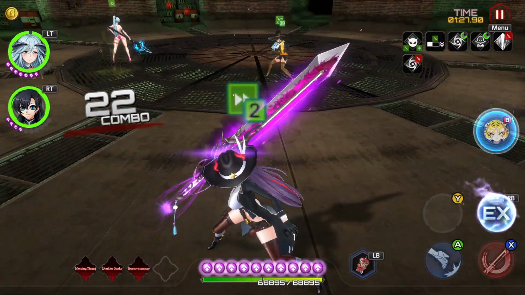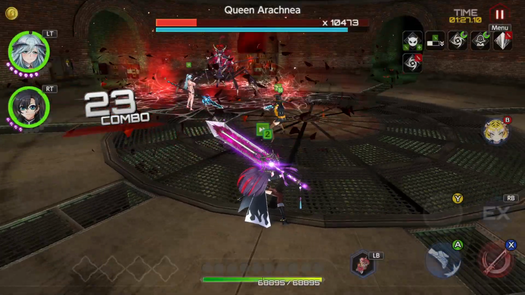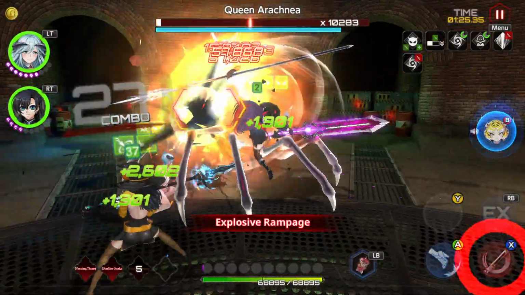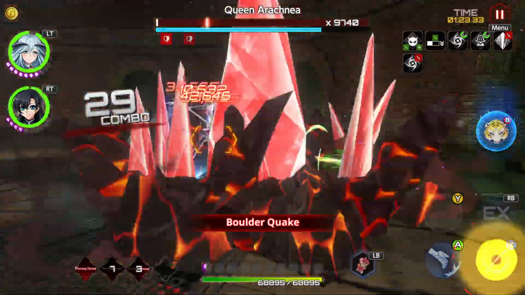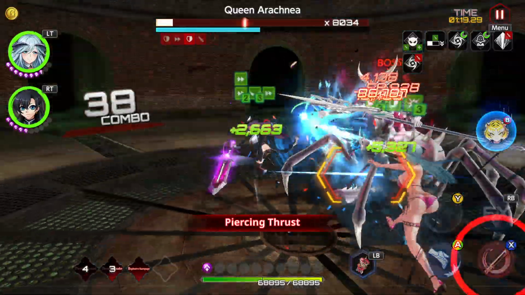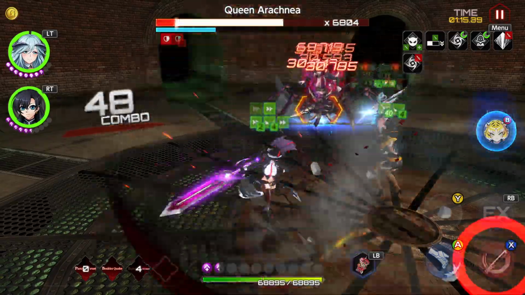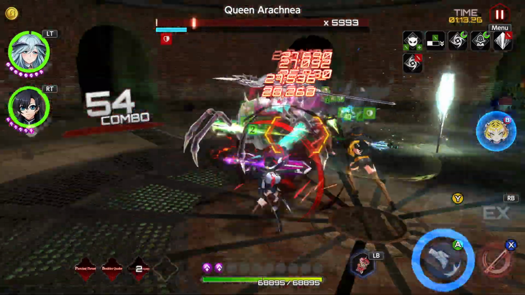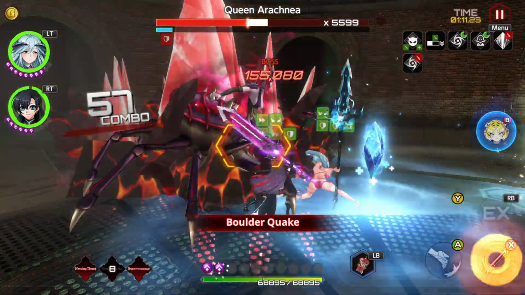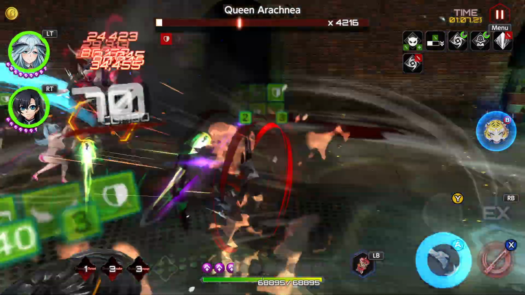Done. I'm gonna start by using the ultimate, and then just basics. And if you have the 4th slot, please equip the basic enhancer. It's gonna be just disgusting. The basic enhancer for Spinel is pretty good. Unfortunately, I don't have the 4th slot, but this